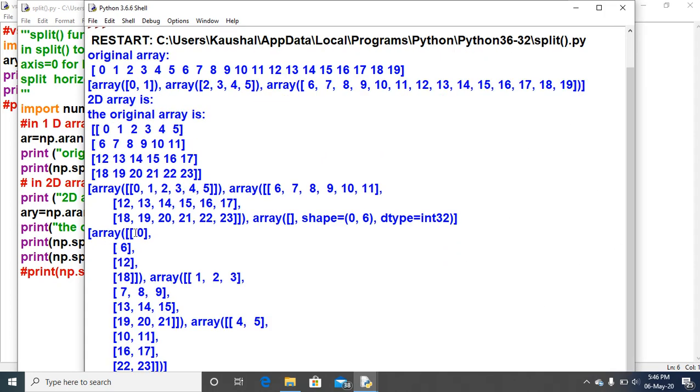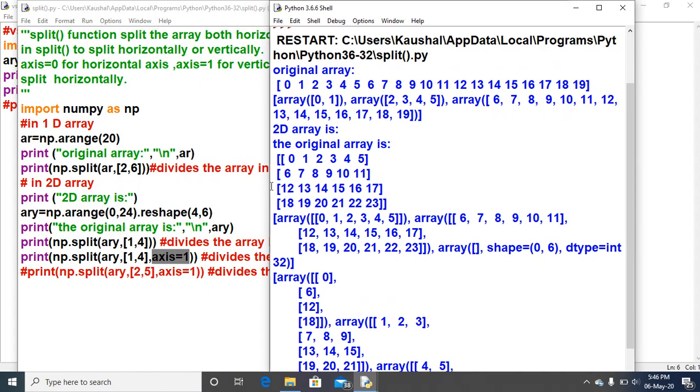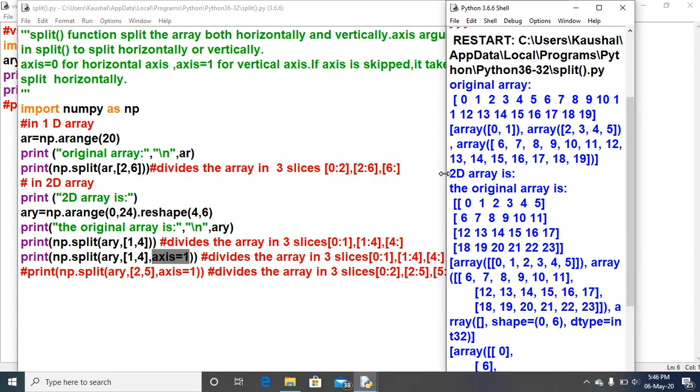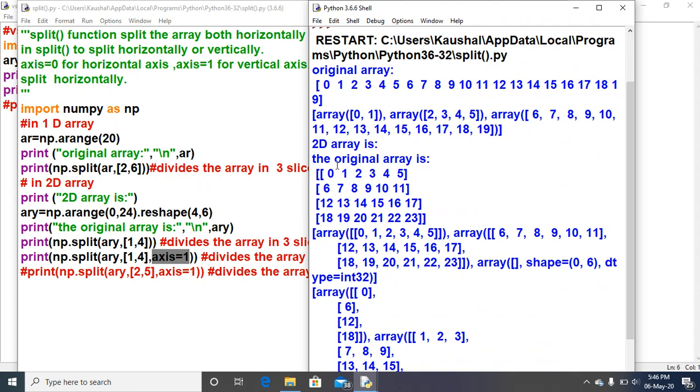This one, array 0, 6, 12, 18, the first splitting. The first splitting is coming vertically, as you can see here. This splitting is 0 colon 1, and this is the main original array. The original array contains 0 to 23 elements.